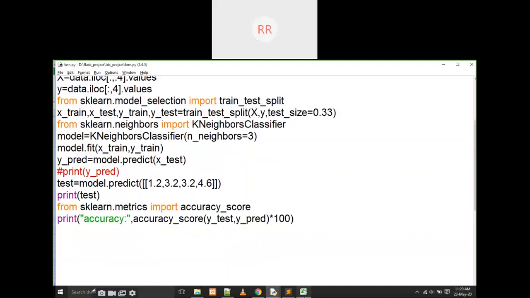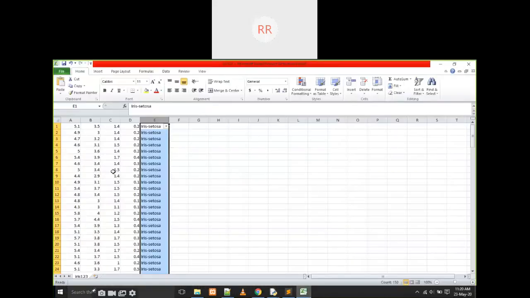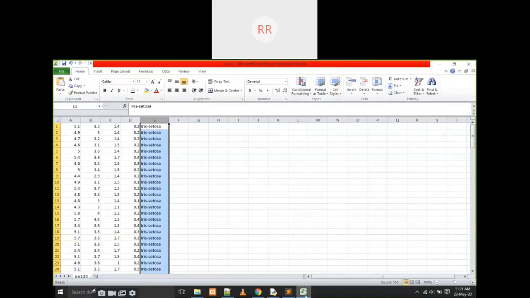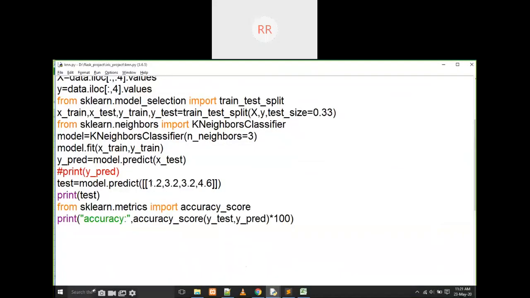First of all, what are the inputs? What are the inputs here? Anyone guess? What are the inputs and what is the output in this data set? Sepal length, petal length are inputs, and this is the output, right? All these 4 columns are input, and this is the output here. That's why in the code, if you observe here, I am giving 4 values, and it is going to predict what type of class it is. Yes, I think everyone is clear about the KNN algorithm. I am not explaining the KNN algorithm here.